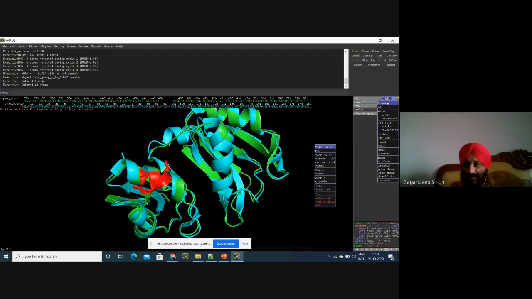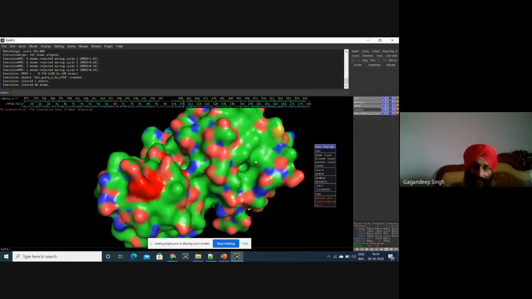Now, what is the surface character of this structure? We'll go to S and click on surface. This is the active site on this particular surface. On the basis of the surface of a structure, we'll be able to find a ligand and try to fit that drug on that particular surface. We'll do that during our drug designing class as well. Right now, this is enough for you, I think.